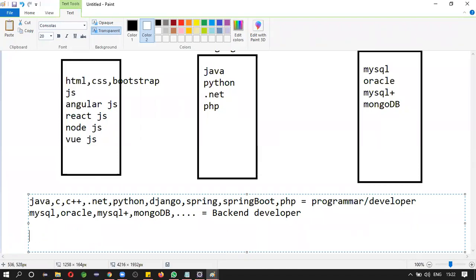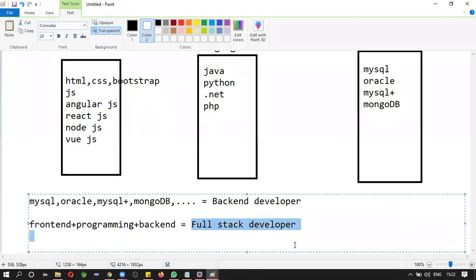Means front end plus programming plus backend is equals to full stack developer. If you become a full stack developer, you can do the entire application.